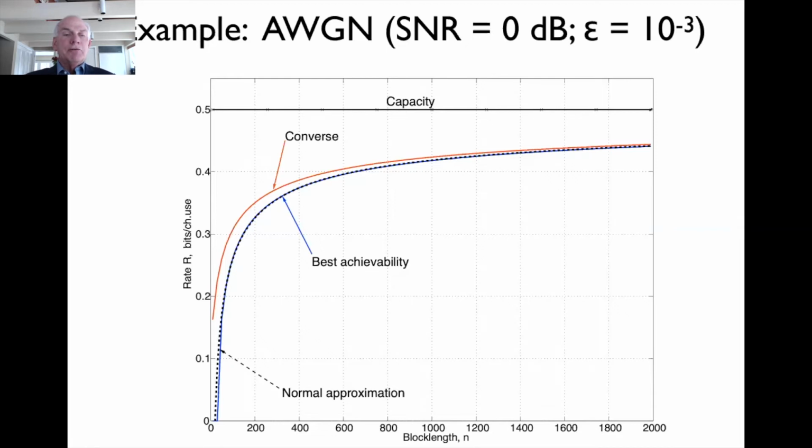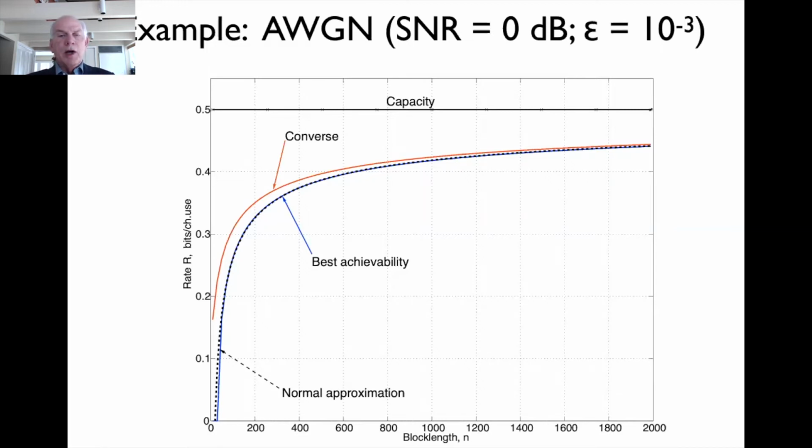And we can see that for short packets, typical IoT packets are 100 or 200 bits, you can see that there's quite a gap between whatever the actual capacity is, which is between those two lines, and the Shannon capacity. There's a substantial gap, maybe a factor of 2, between that and the actual capacity. Okay, so this is for channel capacity.